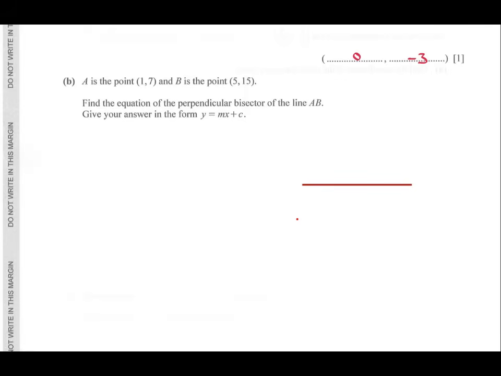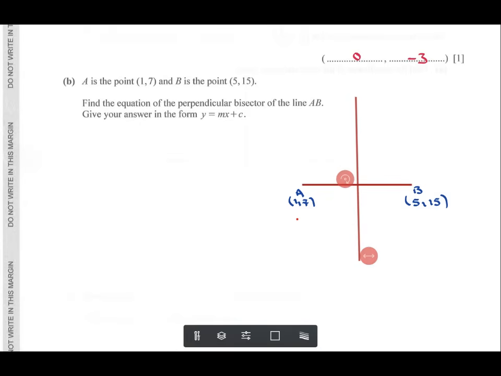A (1, 7), B (5, 15), and we need to find the equation of the perpendicular bisector. The perpendicular bisector is the line that is perpendicular to it, not only perpendicular to it, but also a bisector, passing through the midpoint of AB. We have no information about the perpendicular bisector, but we can find its own information. First of all, you have to find the midpoint of AB